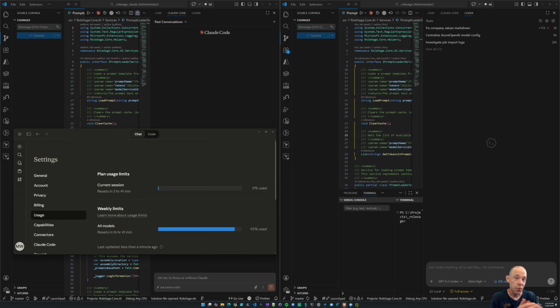Whereas Sonnet 4.5, which is also amazing, and I use that most of the time, sometimes leaves a few problems which need to be resolved, which you then have to work through with the model, which increases the token usage. So I've created the prompt already,